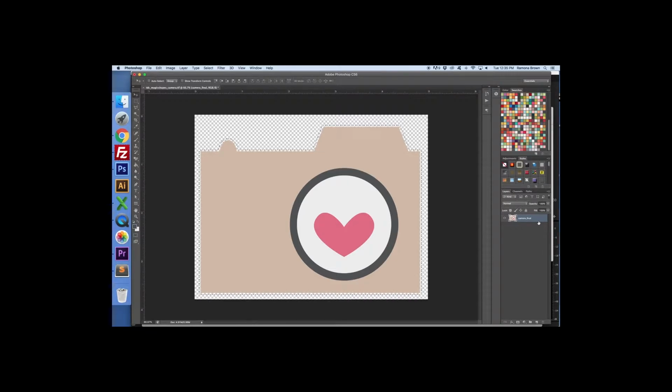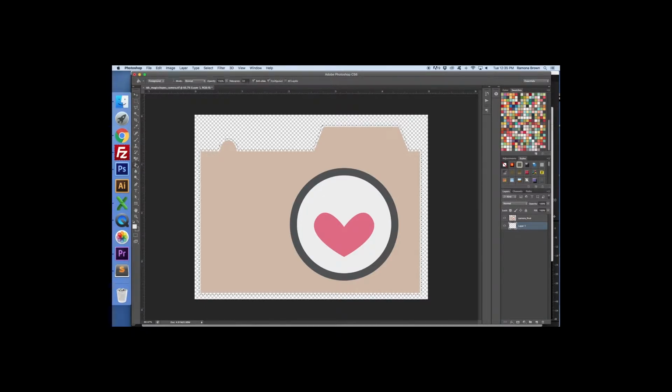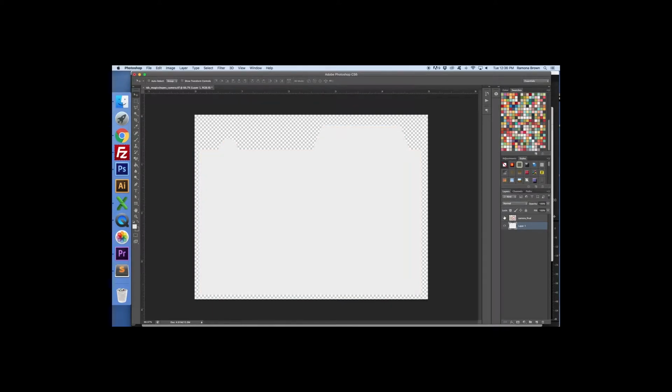width onto a product. So now to get the white on there, we need to add a layer, and we need to move the layer behind our camera. And then we need to change this to a white, and again, I'm going to go with the little bit of off-white that we have for our kit, and we pour it in there. We use the little bucket and select, deselect. Okay, so now we have our bottom layer, that is our sticker piece, and then we have our image on